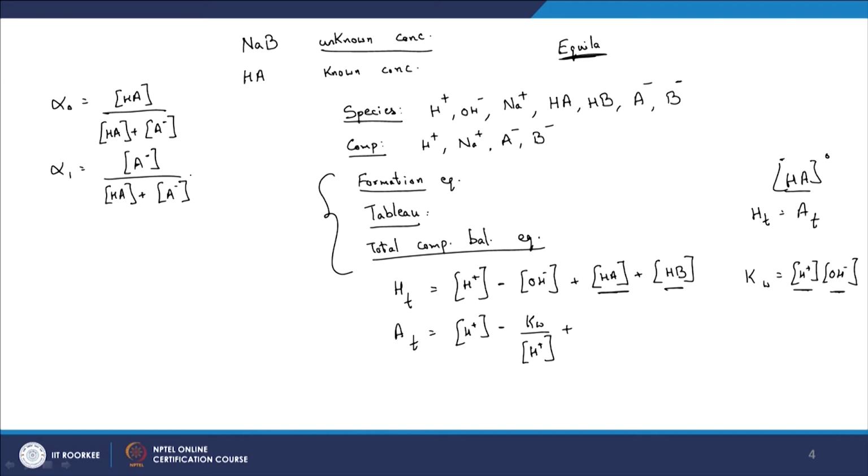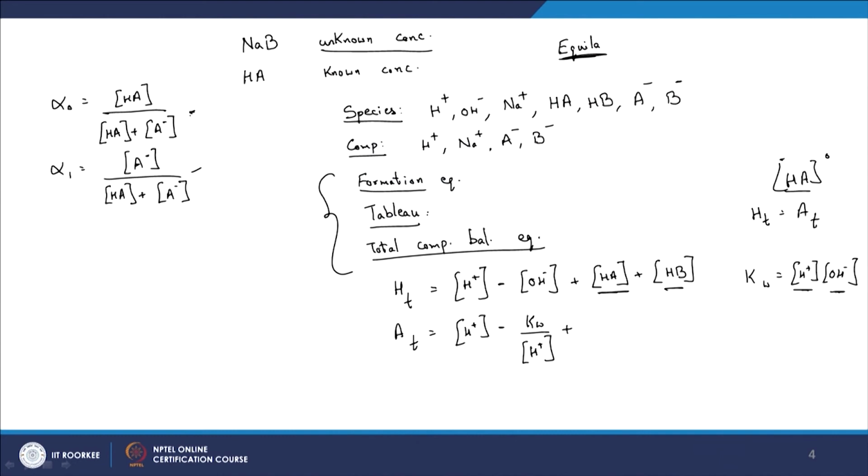So again, alpha naught will give you an idea about the fraction of the acid in its protonated form, and alpha 1 will give you an idea about the fraction of the acid present in its deprotonated form, right. So that is what we have here, alpha naught and alpha 1, right. And we know that this is equal to what now? HA by, as you can see from your component balance, A total, and this is equal to A minus by A total. I mean, this is from our previous background, so I am obviously not going to go through it in greater detail.